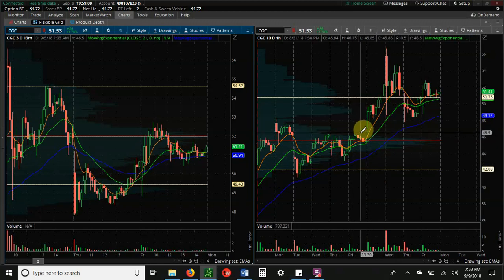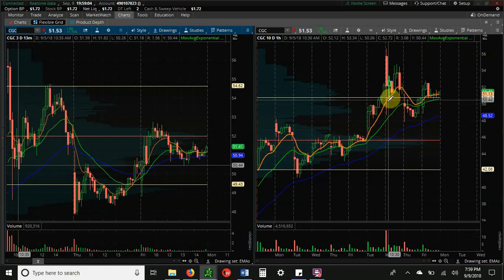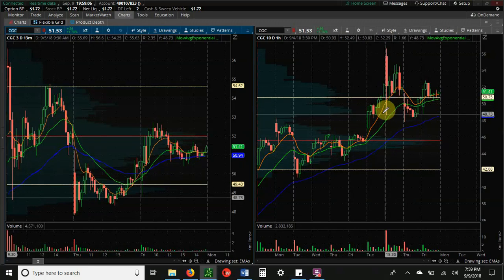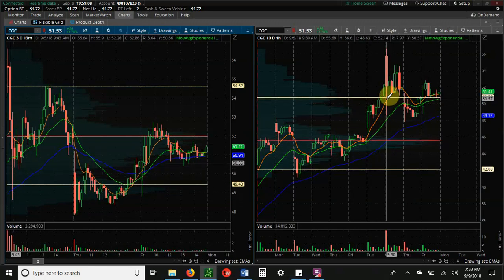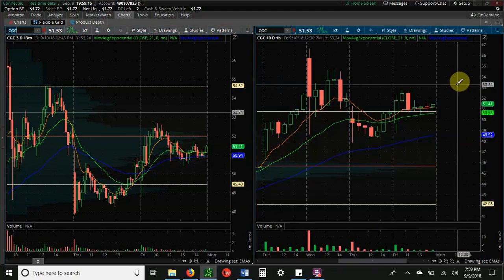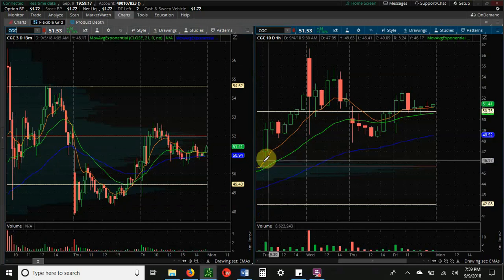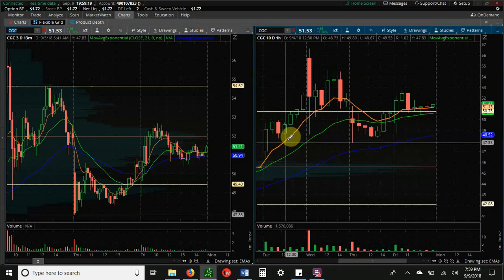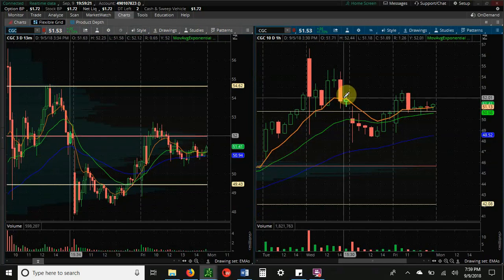So you can see that these are synced up here. The crosshairs, so you can see that it comes in on the 13 minute chart right about there. So let's just focus in on that. So you can see here we're in an uptrend, we're in an uptrend, we're in an uptrend, we're in an uptrend,